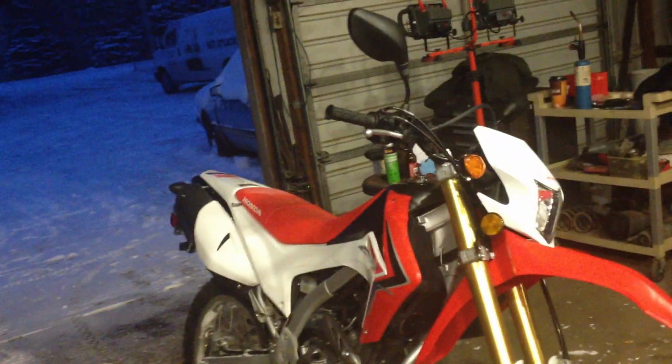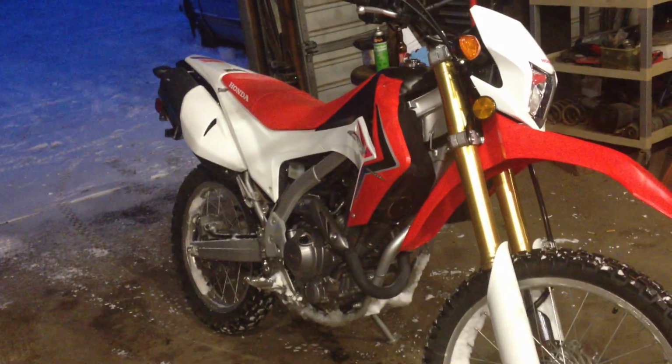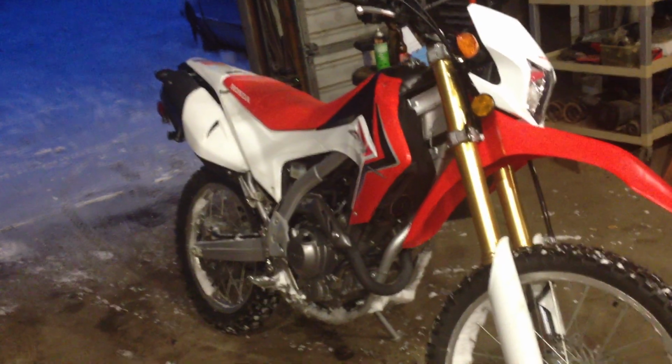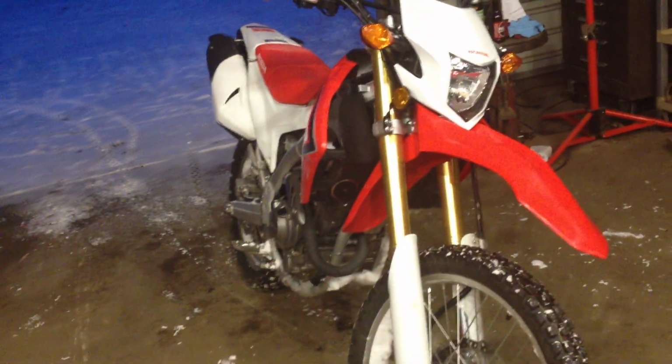I'm sure those mirrors are kind of expensive from Honda. Get some Bark Busters on it. But then my next priority is definitely some better tires. I want to run these until they're bald, because I paid for them. They came with the bike. I want to get my money's worth out of them, but once I have the money, I'm going to go